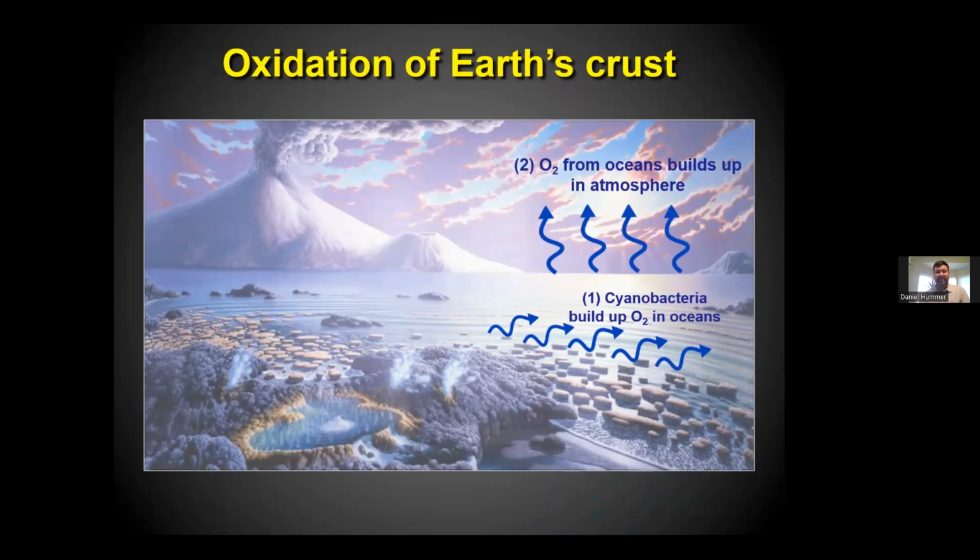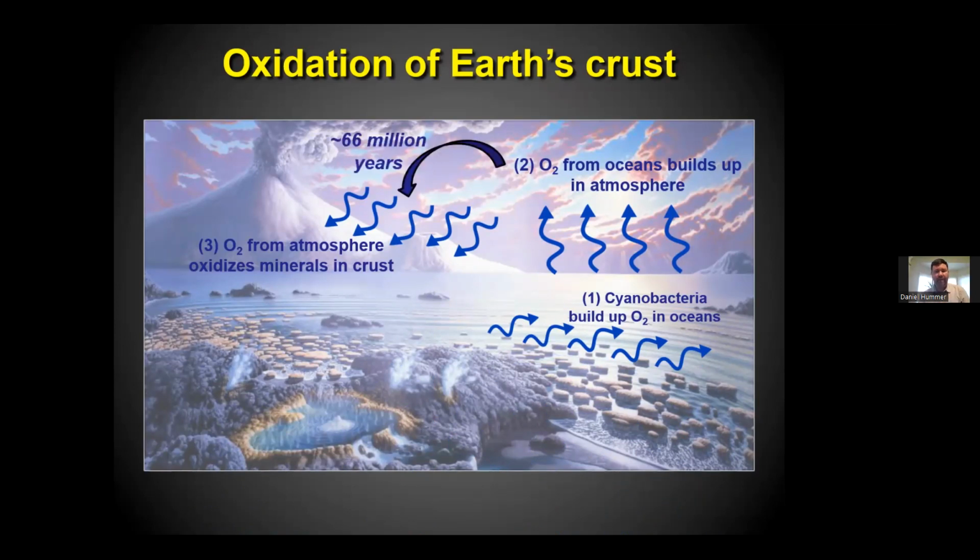Oxygen builds up in the atmosphere. And then very slowly over time, that oxygen infiltrates the Earth's crust. And at least starting at the surface of the Earth and then moving downward, we begin oxidizing all of those manganese minerals, and we get that signal of manganese oxidation. And there is apparently, by the way, a time lag. All of these processes averaged together seem to have a time lag of 66 million years to have this effect, but the effect is definitely there.